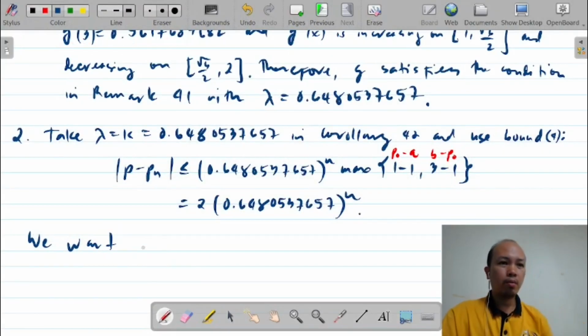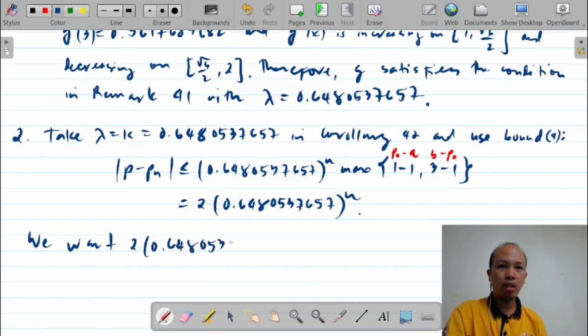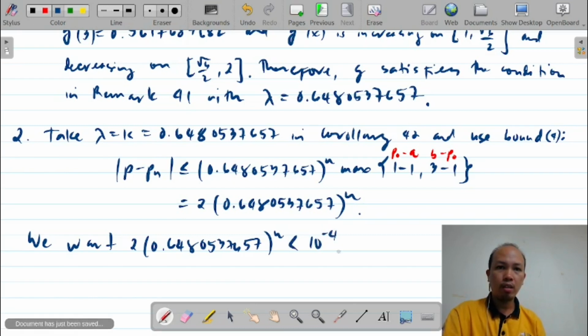Okay, so we want 2 0.648 053 7657 to the power of n to be less than or equal to 10 to the negative 4. Okay, so which implies